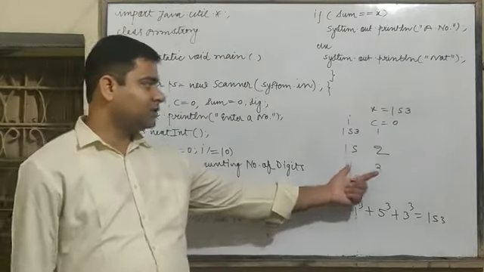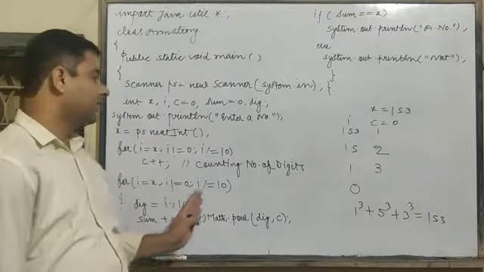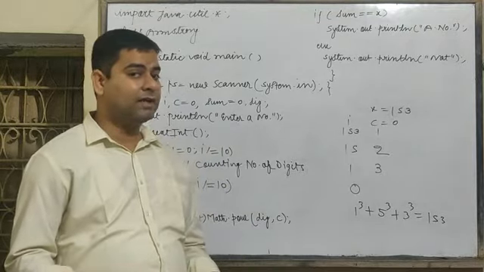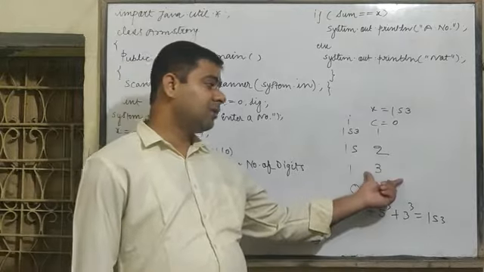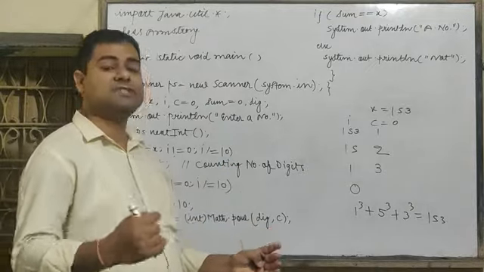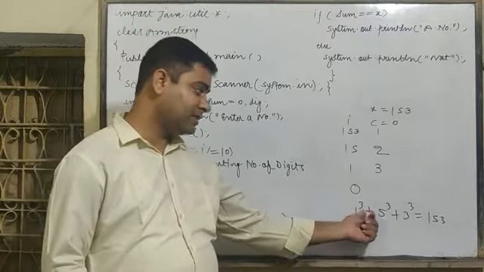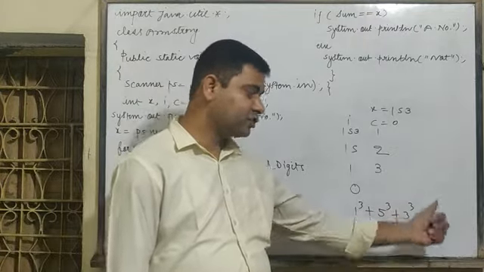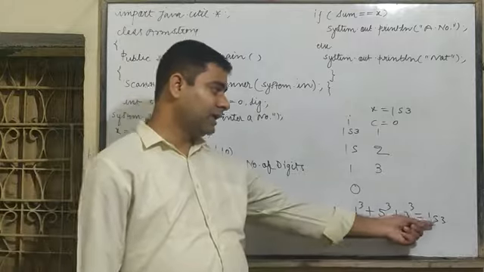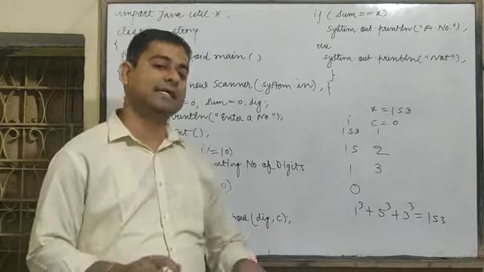Okay. So now we are in this logic. In this logic we are counting the number of digits. After this, what do we have to do? We have to extract the digit and calculate the power. So what power will we calculate? The power depends on the number of digits, which is stored in C. C contains the number of digits. So each digit raised to the power C will be calculated, and summed. Whatever sum comes should be equal to the original number. If this condition is true, this will be an Armstrong number, otherwise not.